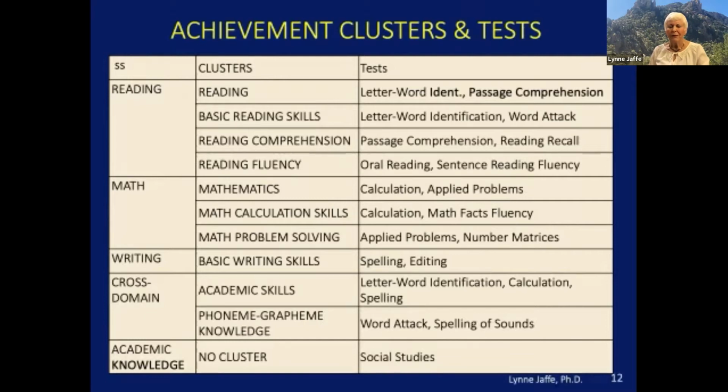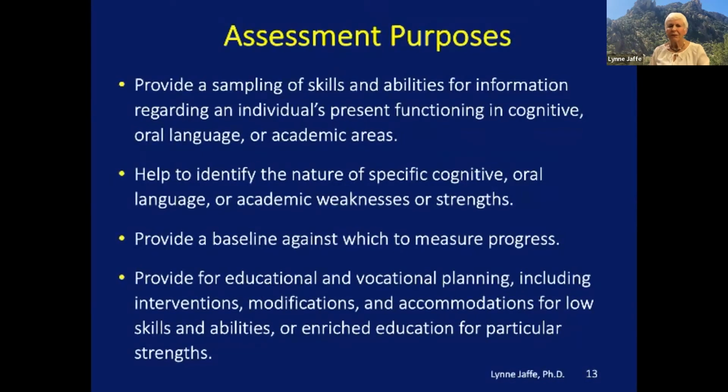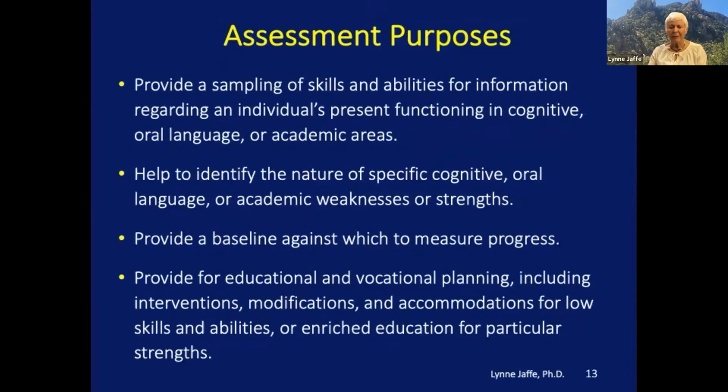Okay, so in general, what's our purpose in doing these assessments? Well, this was our focus. We wanted to provide a sampling of skills and abilities for information regarding an individual's present level of cognitive, oral language, and academic functioning, and to help identify the nature of any specific cognitive, oral language, or academic weaknesses or strengths. Provide a baseline against which to measure progress. So if we find there's a problem and we put an intervention into place, you want to know if actual progress is happening. And the only way to do that is to have a baseline measurement